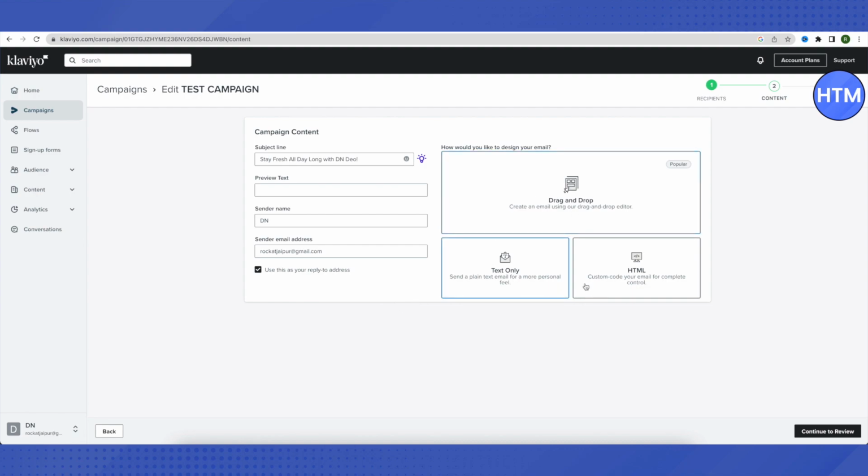And after that, we need to select how we want our email to be designed. We are provided with three different options. The first one is drag and drop option. The second one is text only. And the third one is HTML. If you are good with coding or HTML, you can just choose this one. But if you want to design your email using text only for more personal feel, you can just select this one. But if you are comfortable with drag and drop options, you will be provided with different options. You need to just drag them and drop them as per your requirements, and this one is quite popular one, and this one is quite easy to use too. So we will just select this one for now,